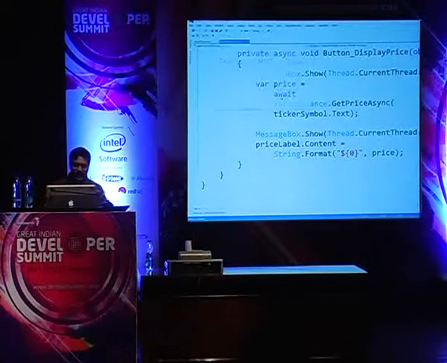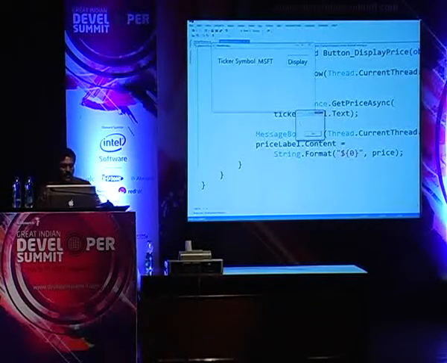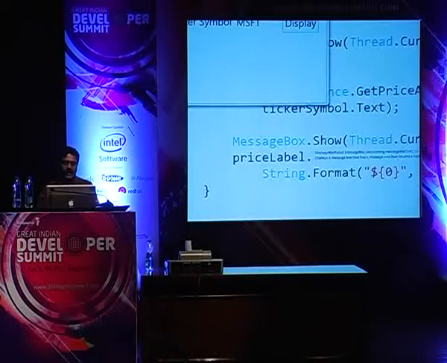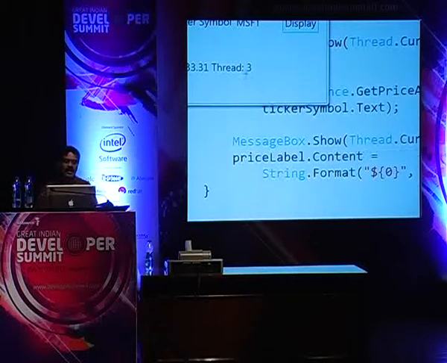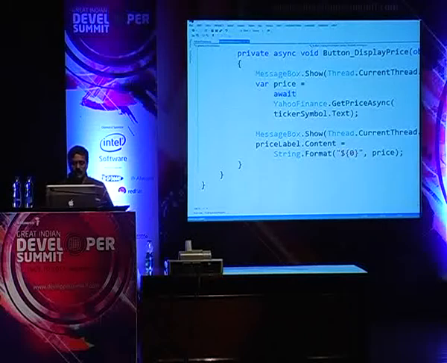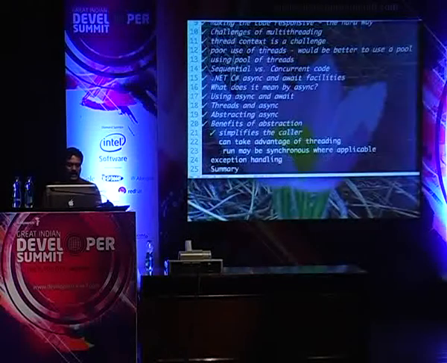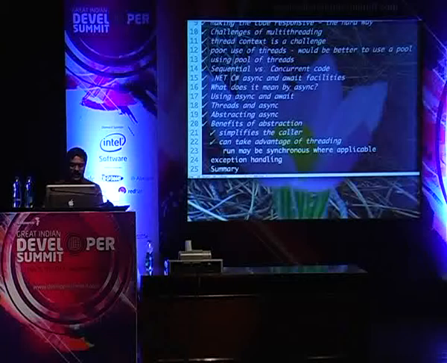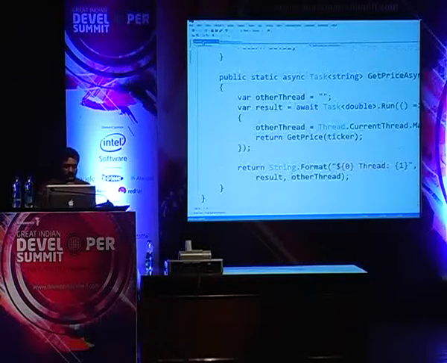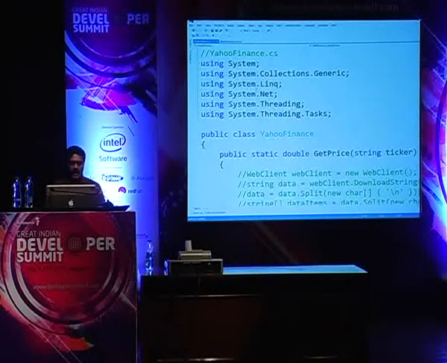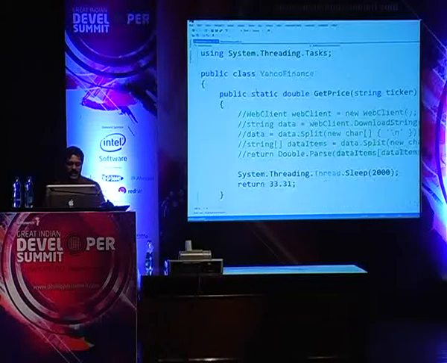Notice the benefit. I want to run this one more time so you can keep this in mind. When I run this, main thread is thread 1, as you can see here. I click on this, the response is on thread 1 again, but the real code ran on thread 3. Keep that in mind, right? Okay, that's great so far. However, notice we just called await here, that's all we did. This can take advantage of some really exceptional thing. So let's go back to the code for a second. In the code, by the way, I've decided to do a little bit of optimization. And the optimization I'm going to make is the following.